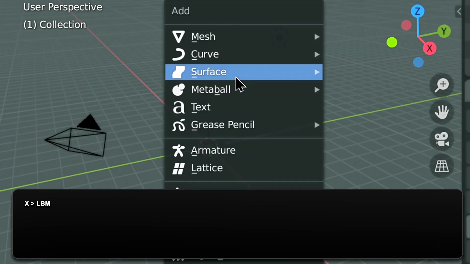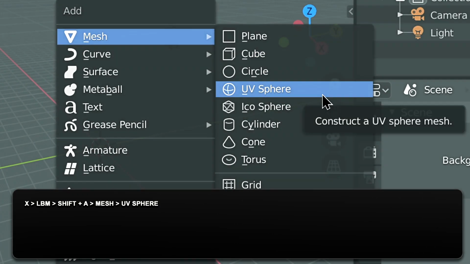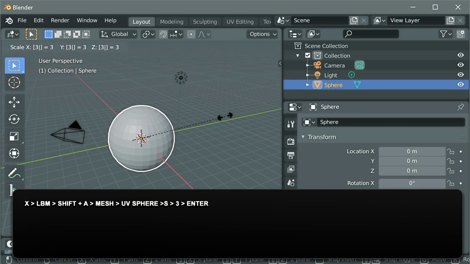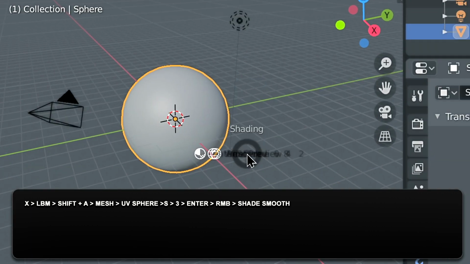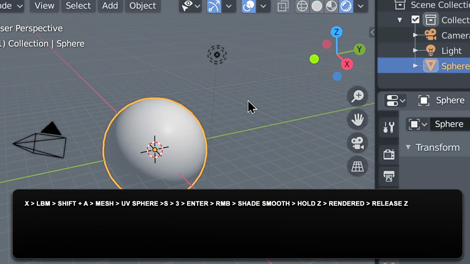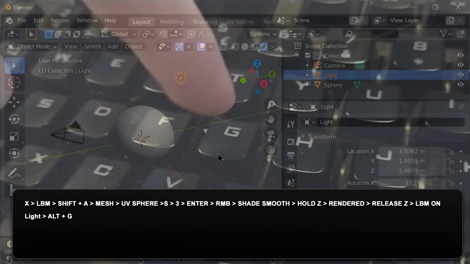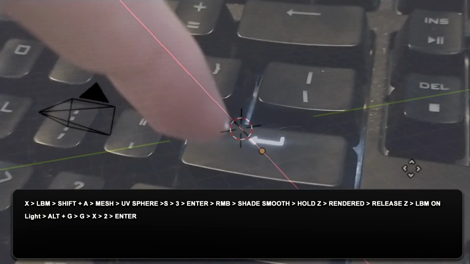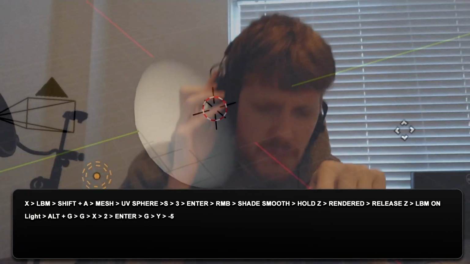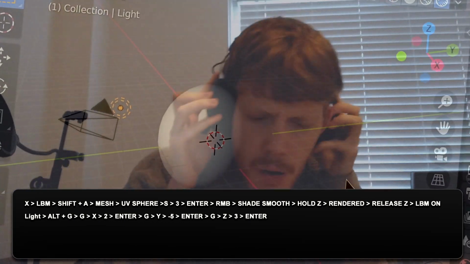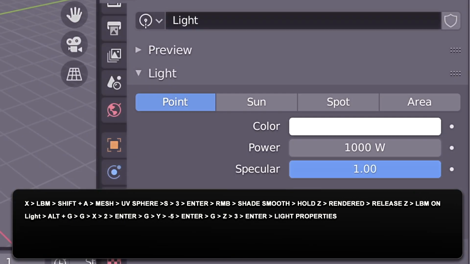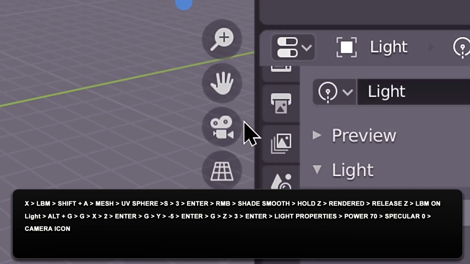Press X, left mouse button, Shift plus A, click Mesh, click UV Sphere, press S, press the number 3, press Enter, right click the sphere, shade smooth, hold Stat, select Render, release Stat, click the lighting hierarchy, press Alt plus G, press X, press 2, press Enter, press G, press Y, type -5, press Enter, press G, press Z, press 3, press Enter. Open the light property, set power to 70, cycler to 0,